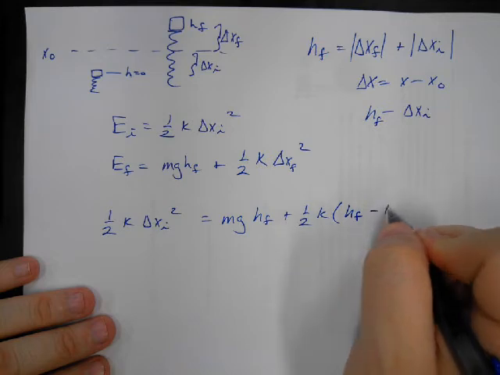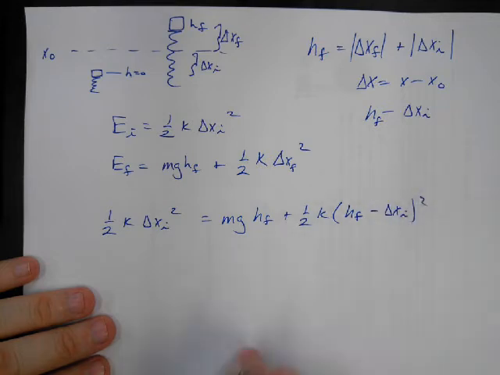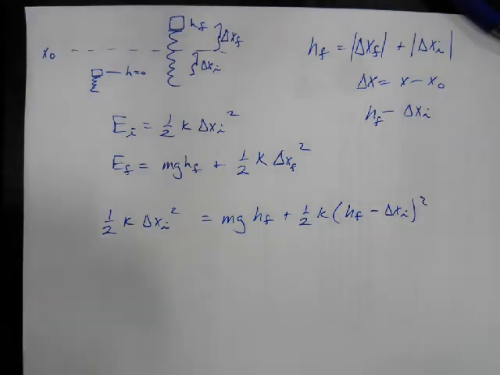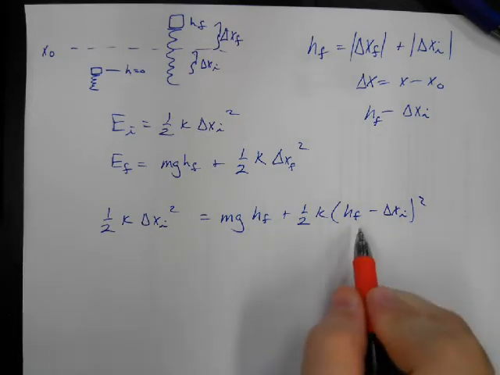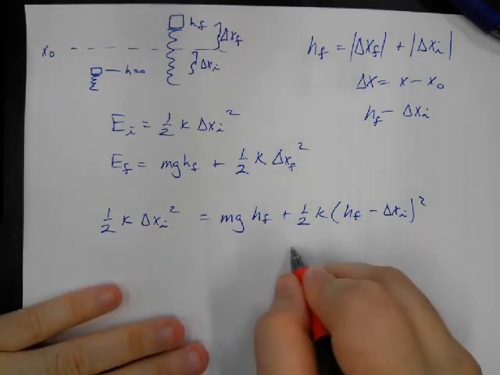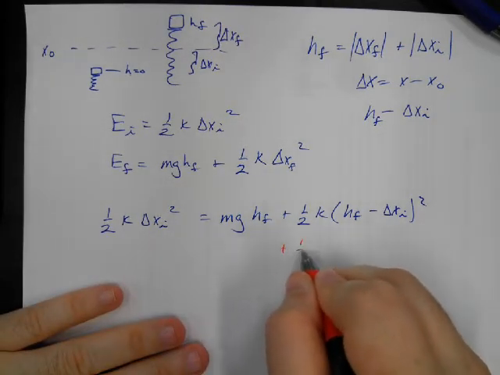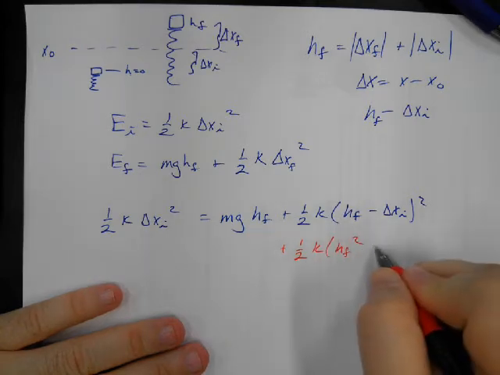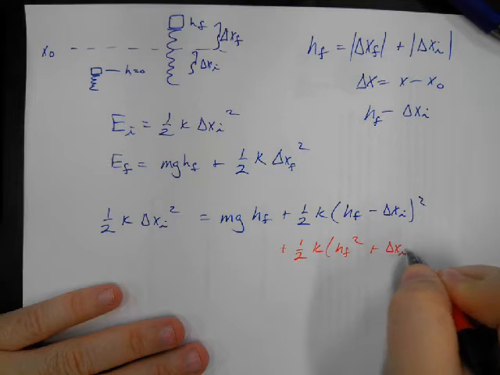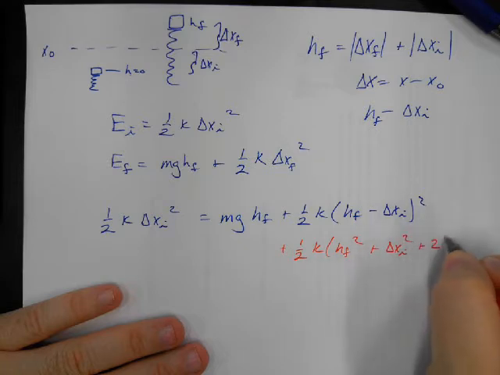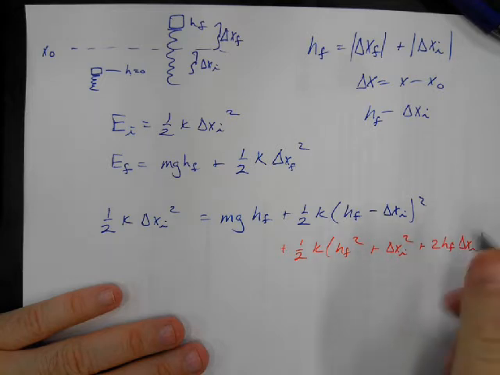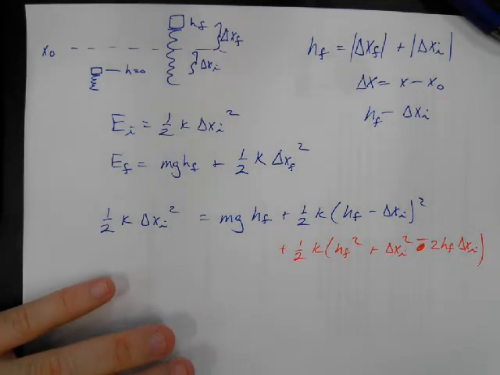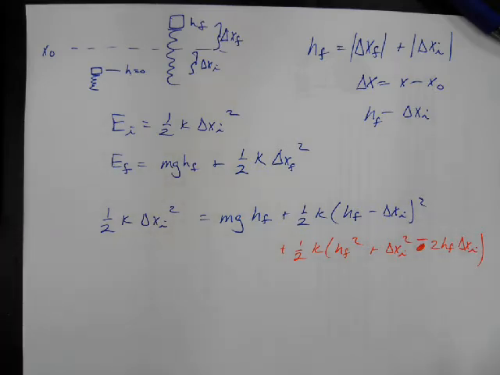H final minus delta X initial squared. So, a new way of attacking it, and we'll separate this out. This will be plus 1/2 k, and then we'll have H final squared plus delta X initial squared plus 2 H final delta X initial. Sorry, that's a minus sign there. Right? And now we'll put delta x initial on one side, and